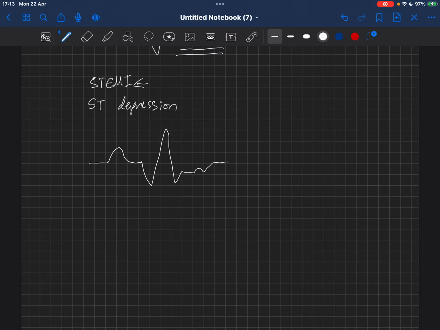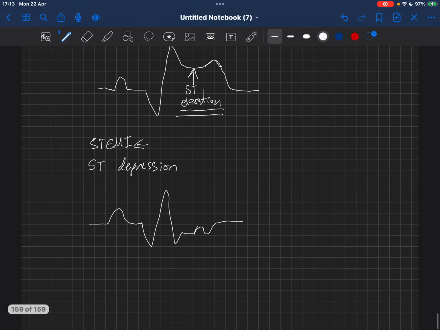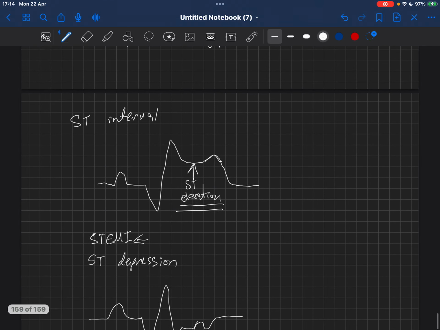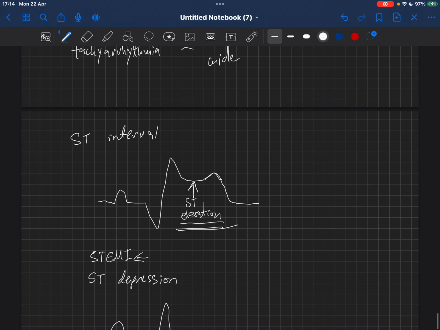Here it is. Okay, so this is an ST depression, which can be seen in pathologies like partial ischemia. But not only this, there are also other pathologies we can call ST elevation, like pericarditis,